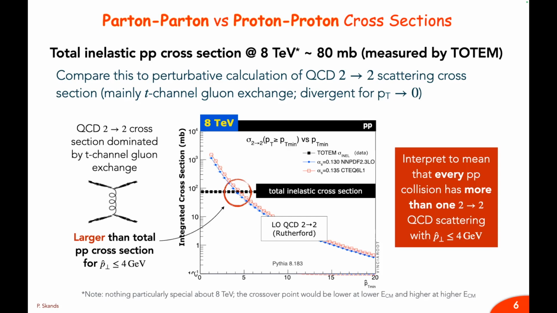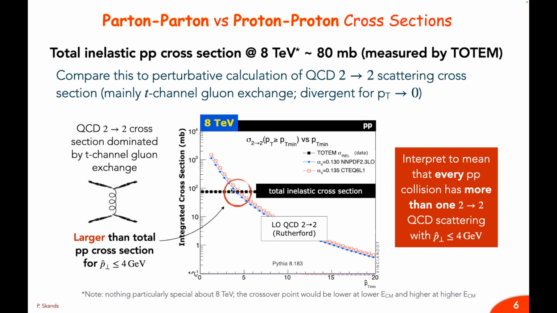A proton is a beam of partons. What if in each proton-proton collision, I have several parton-parton scatterings? Then I would have more parton-parton scatterings than proton-proton scatterings. And that is one way of making sense of this, that what it's telling us is actually not that perturbation theory is breaking down, but that each proton-proton collision is going to have several parton-parton scatterings with pTs of order